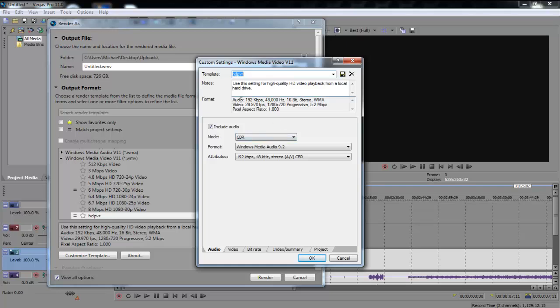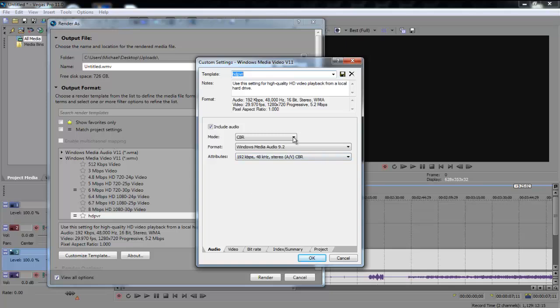So audio is at 192 kilobytes per second, 48,000 hertz, 16-bit stereo WMA, video 29.970 frames per second, 1280 by 720, and it's on progressive, 5.2 megabytes per second, and pixel aspect ratio is 1000 or 1, depending on what you want to call it. Now include audio, you want to use CBR,